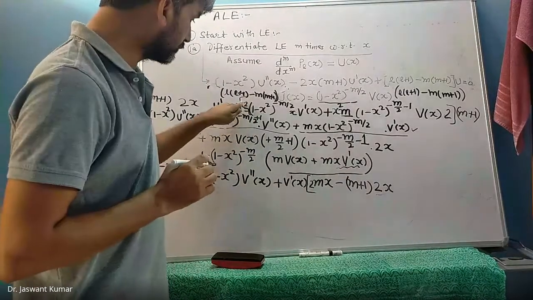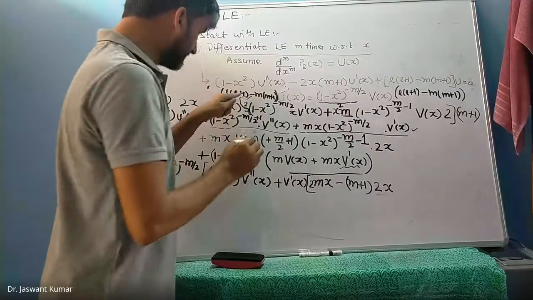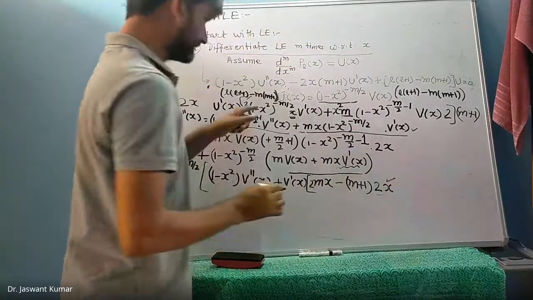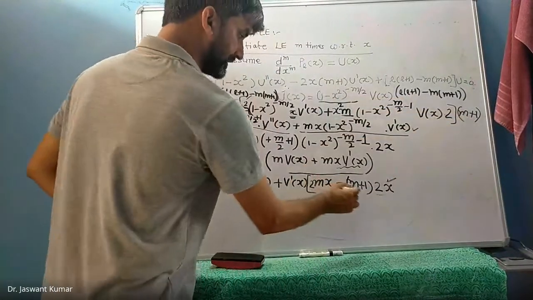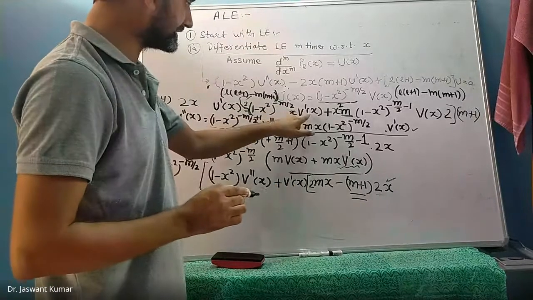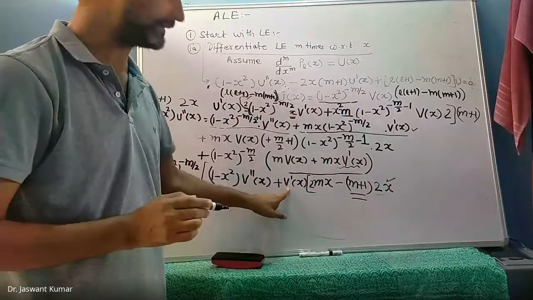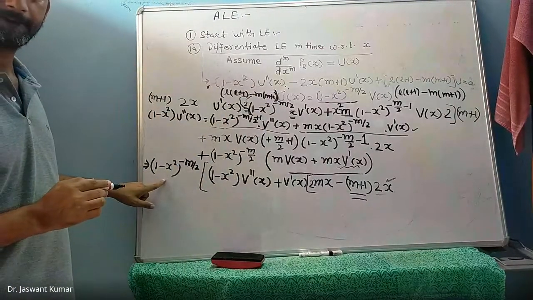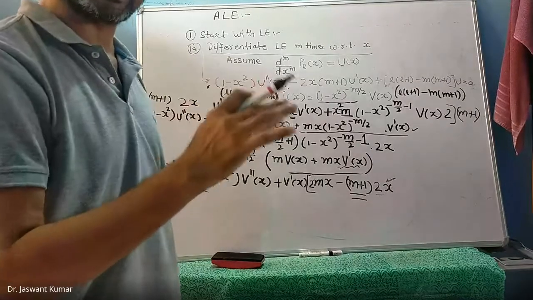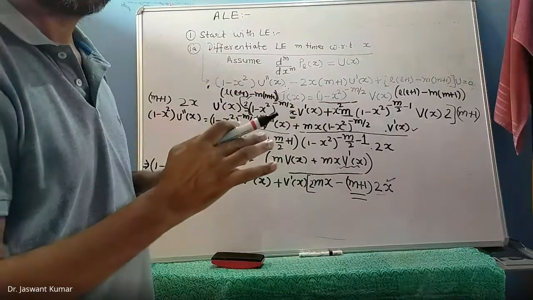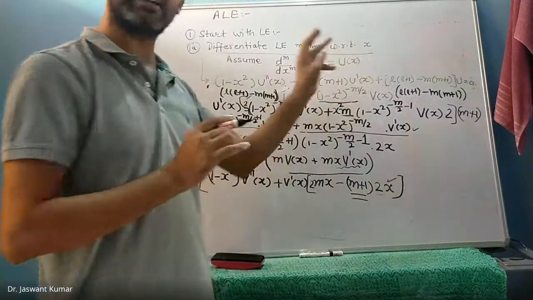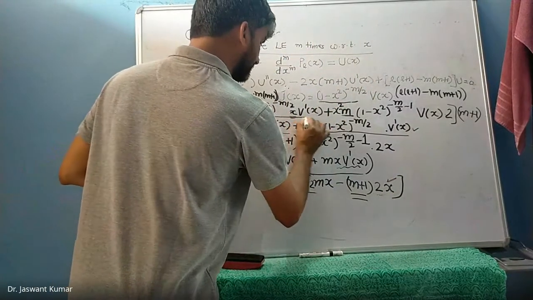बताइए बच्चे, देखो ये 2 था ना, this was the 2. So this 2 comes over here. Then there was this x, it comes over here. Then there was this m plus 1, this m plus 1 comes over here. Then there was this v dash x, this v dash x is over here. And then this 1 minus x square to the power minus m by 2, this is over here. I hope things are settled at your end. Yes, sir. Shabbas. So this is overall v dash x. There is no other v dash x term. So now we have taken care of this term also.